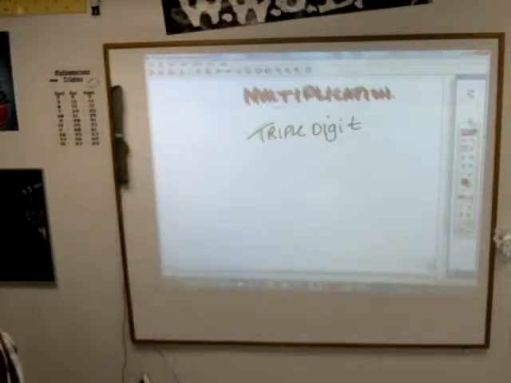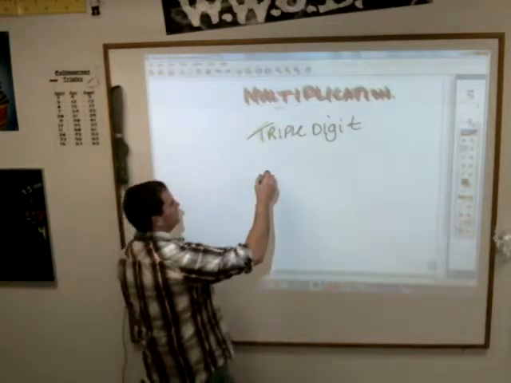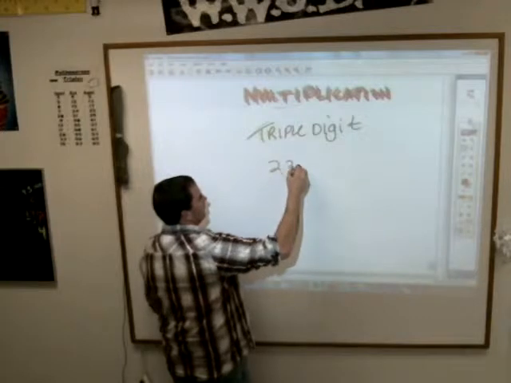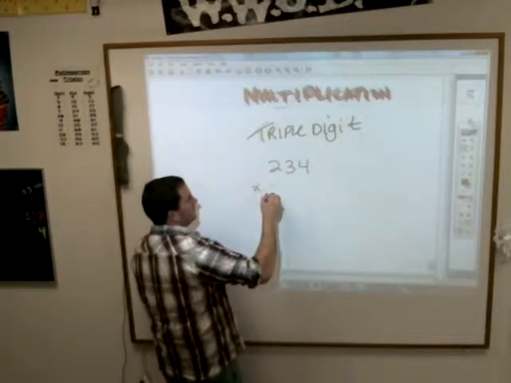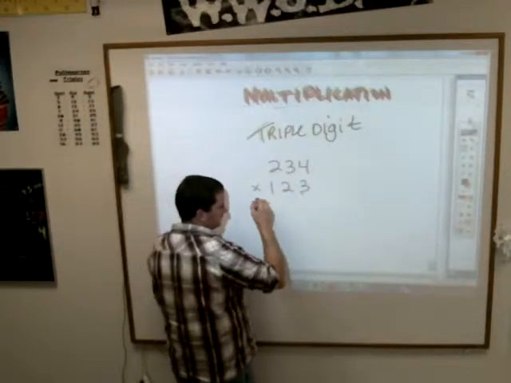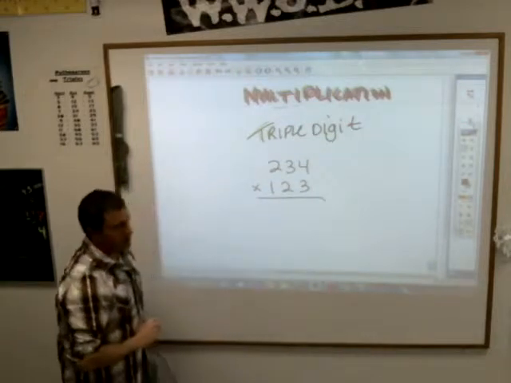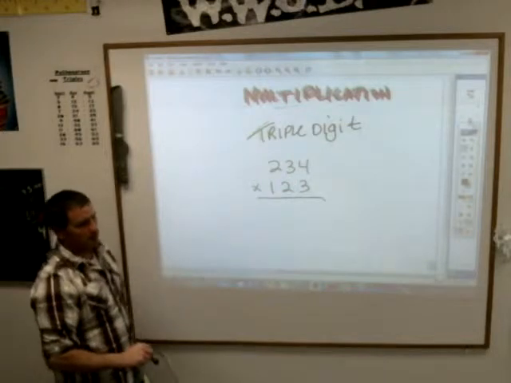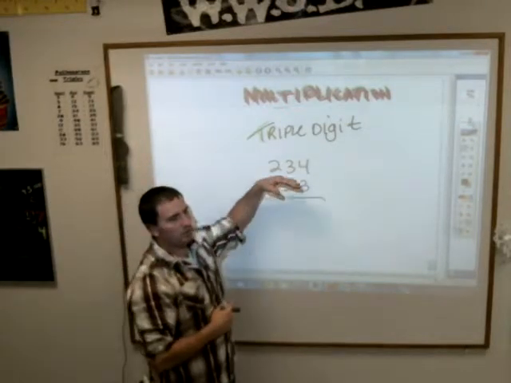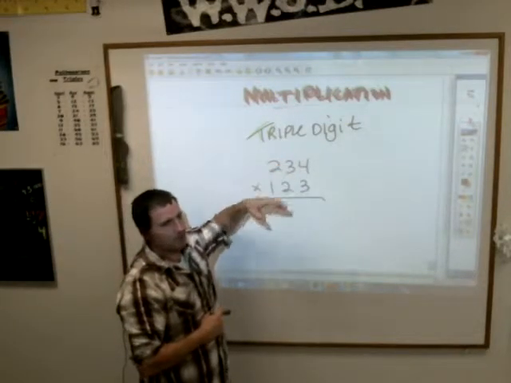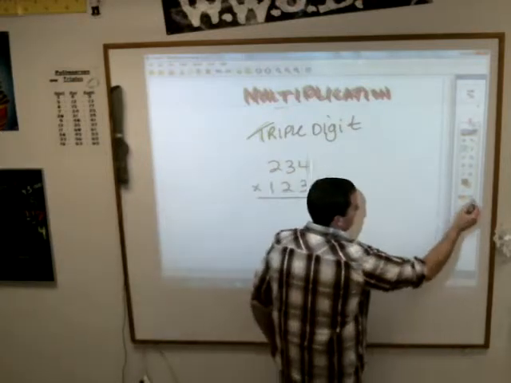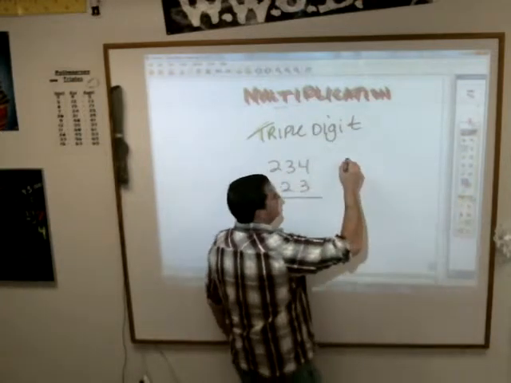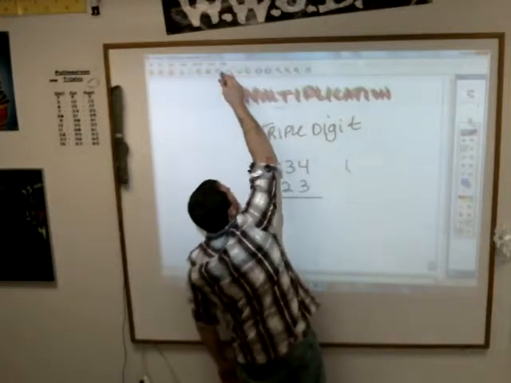Multiplication. Here is an example problem. Again, you will find today 234 times 123. We talked about this a little bit before when we did double-digit multiplication. What you have to remember is that when we're multiplying this times this, it's really in condensed form the same thing as multiplying